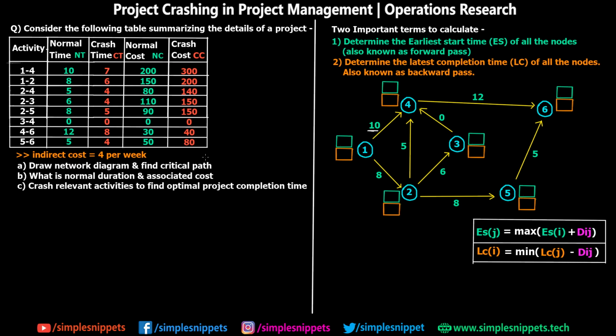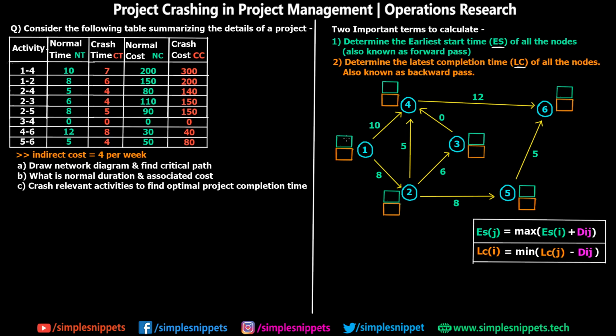But now let's calculate the critical path. In fact, we've done that also in the previous video, but let's calculate the critical path here from scratch. To calculate the critical path, we have to find out two important things. That is, we have to determine the earliest start time, which is denoted by ES, also known as forward pass. And the second thing is we have to determine the latest completion time, which is given by LC, also known